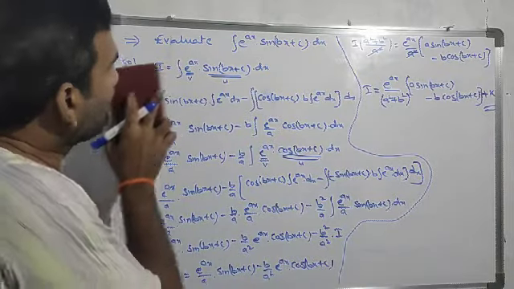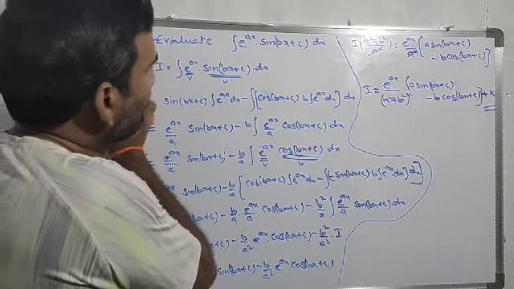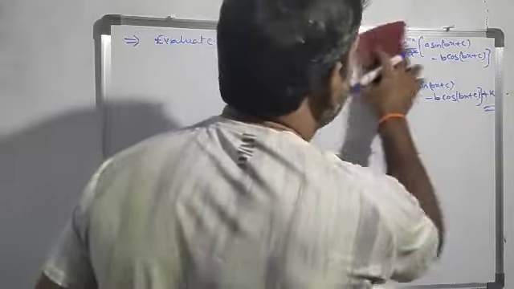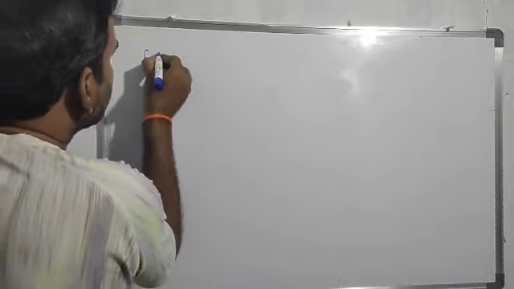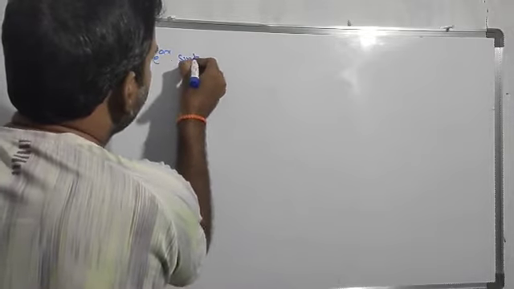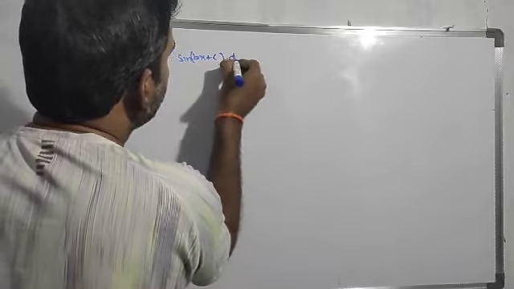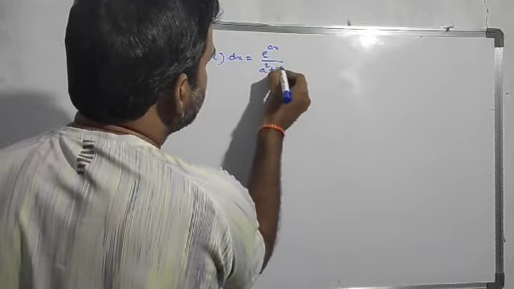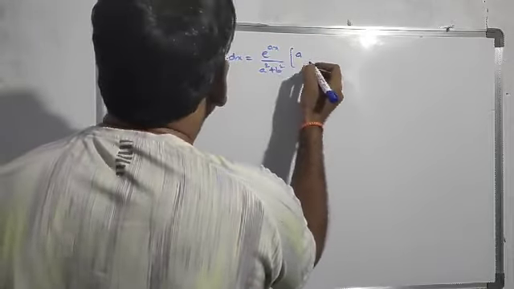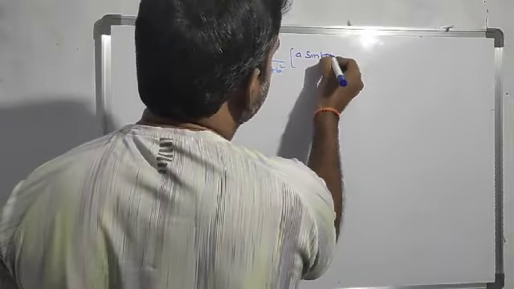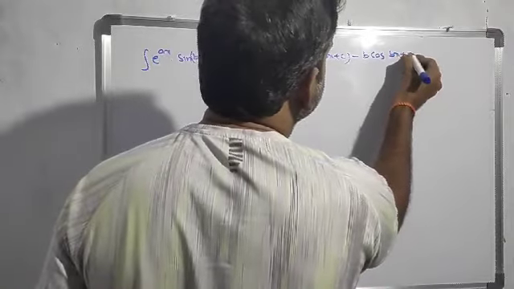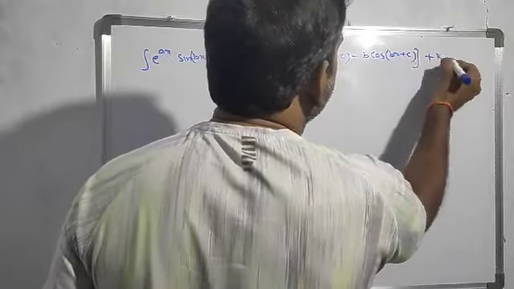After completing all this, I am writing the formula. Now I am erasing this solution process. Finally I will write the formula. The formula is: integration of e to the power of ax into sine of bx plus c, this total into dx, equals e to the power of ax by a square plus b square, into a sine of bx plus c minus b cos of bx plus c, plus one constant compulsory.